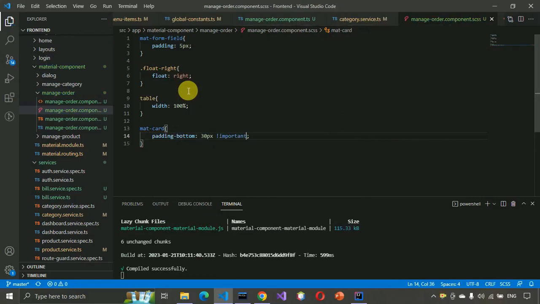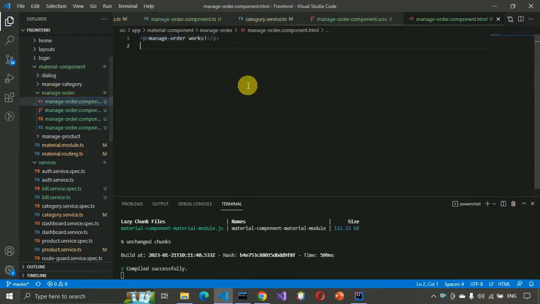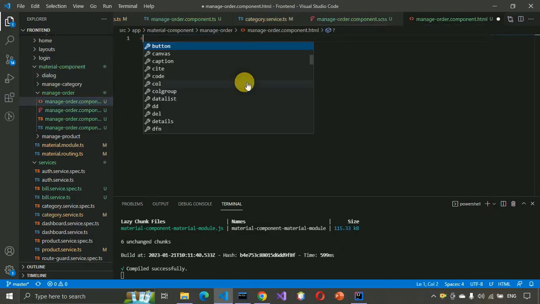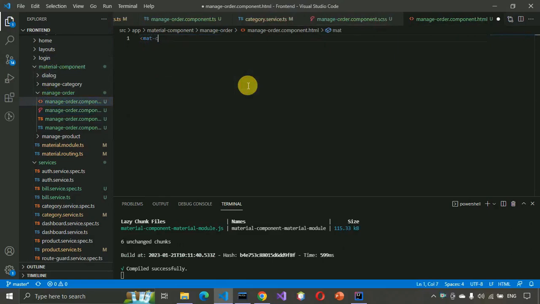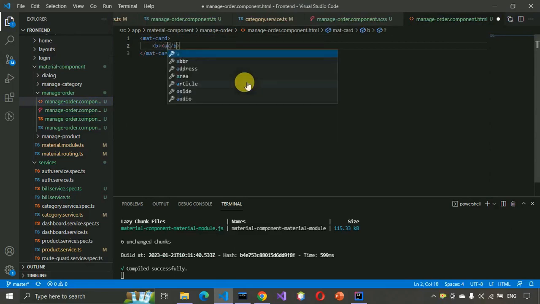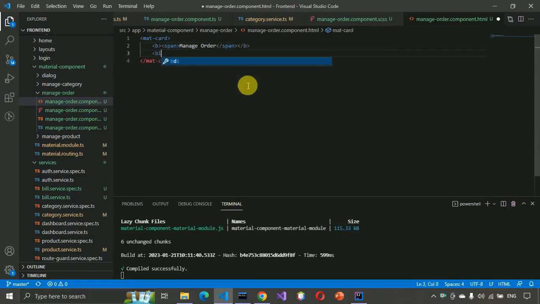And now we have to write the code for the HTML part. So let's go over here. Let me delete this one and let me write here mat-card, and here we have to write b and span tag, Manage Order, and now we have to create buttons over here. So button,